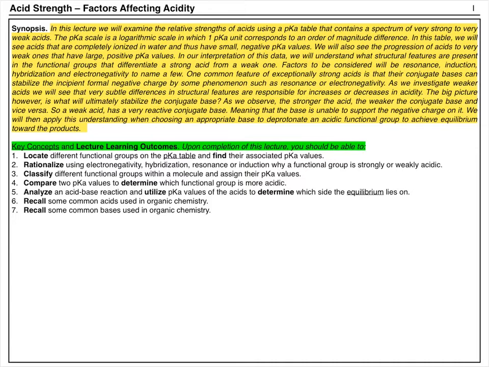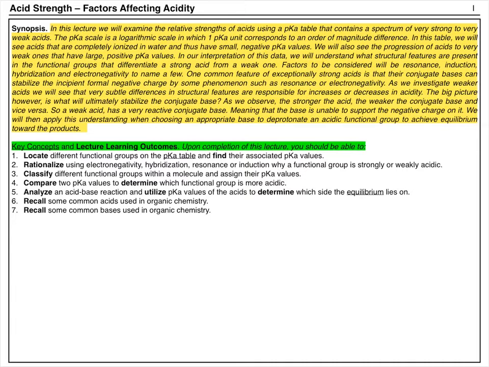Our key concepts and lecture learning outcomes. Upon completion of this lecture, you should be able to locate different functional groups on the pKa table and find their associated pKa values, rationalize using electronegativity, hybridization, resonance, or induction why a functional group is strongly or weakly acidic, classify different functional groups within a molecule and assign their pKa values,